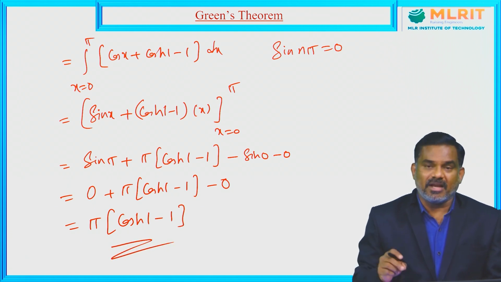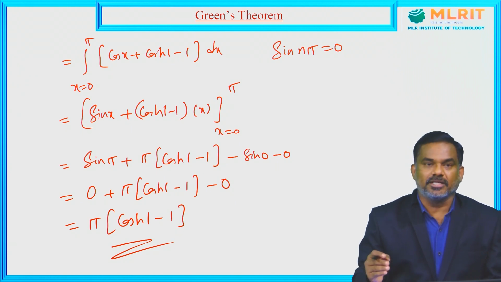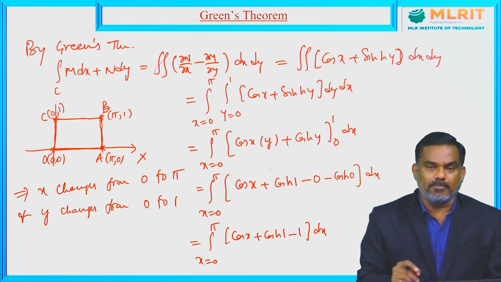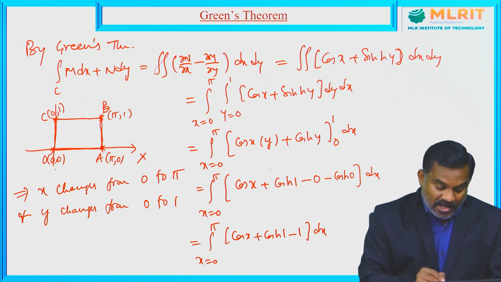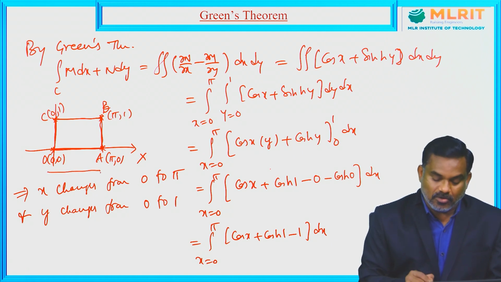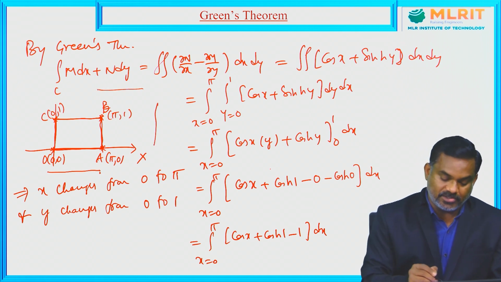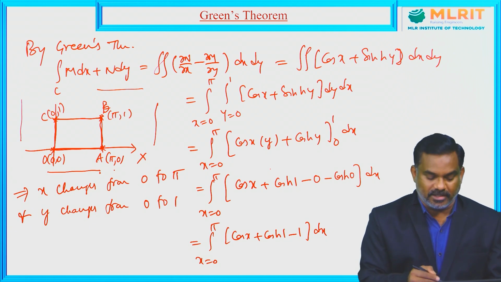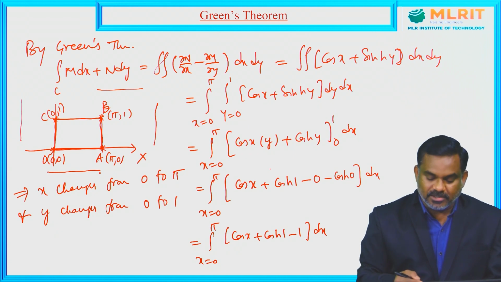So instead of evaluating the line integral, we transform it into a surface integral, and then by evaluating the double integral, it is very easy to obtain the actual answer. This is the best example because for this problem, if we want to evaluate the line integral, along each line we need to calculate. So along OA, that is the first line integral, then along AB, second, then along BC, then along CO. So the line integral is the sum of these four line integrals. So it takes much time. Instead of evaluating the line integral, if we transform it to a surface integral using Green's theorem and obtain the limits, it is very easy to